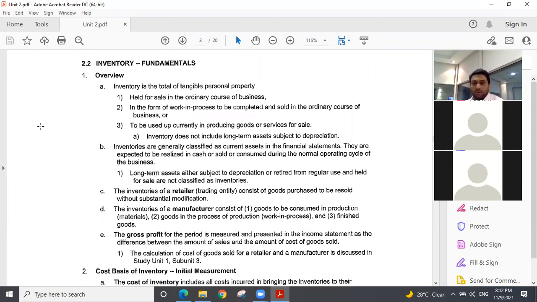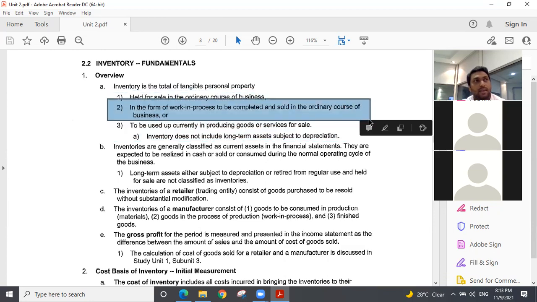Inventory fundamentals. So now coming to the inventory part. Inventory can be like your raw materials, finished goods, work in progress, all come under the category of inventory. So inventory is the total of tangible personal property held for sale in the ordinary course of business, in the form of work in progress or to be completed and sold in the ordinary course of business, or to be currently used in production, producing goods or services for sales. That is the raw materials. Here is work in progress, and here is the